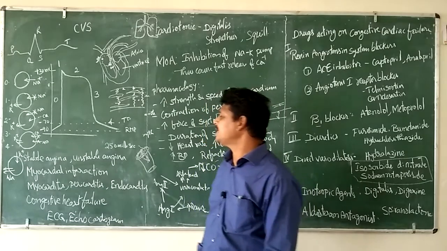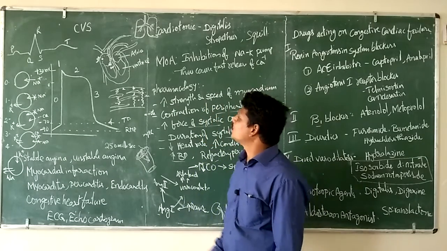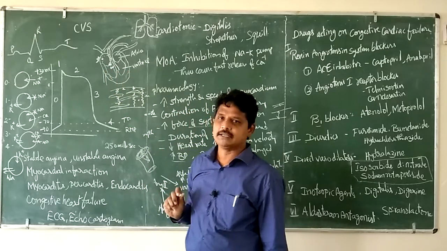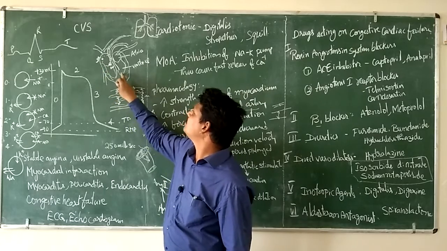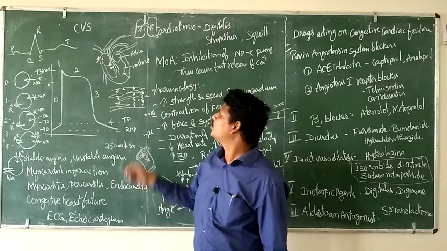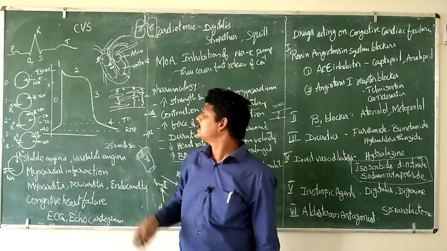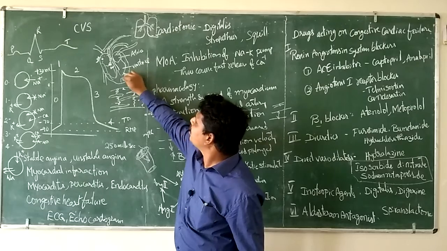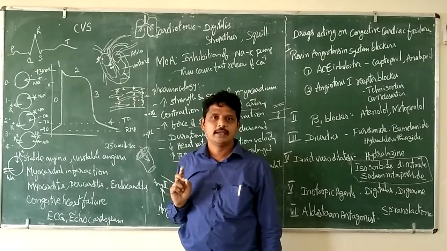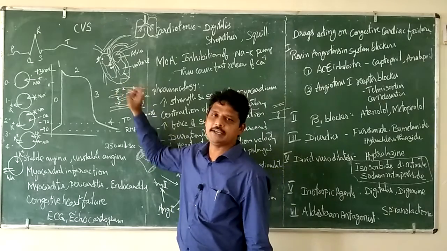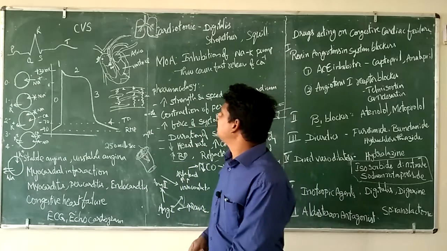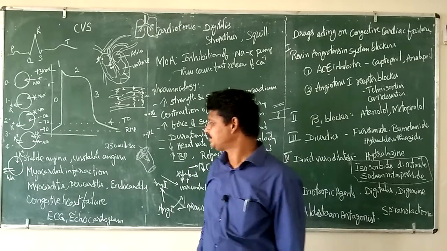So the next one is myocardial infarction. As we discussed previously, the arteries supply blood to the cardiac muscle. If, because of a thick density or some other block, oxygen is not supplied to a particular tissue, that tissue is going to die and fibrous tissue is going to form in that area. As a result, the functionality of the heart is altered. That is called myocardial infarction.